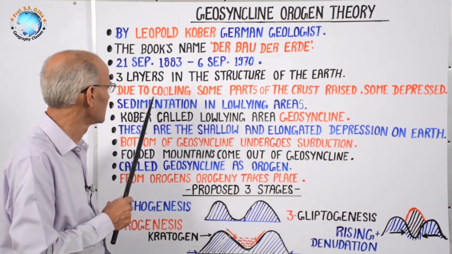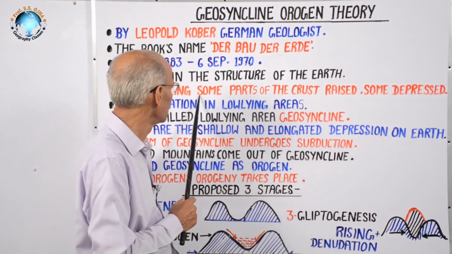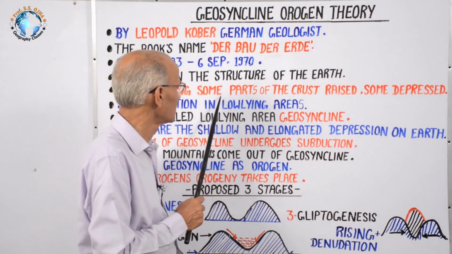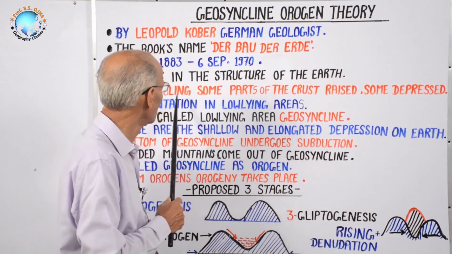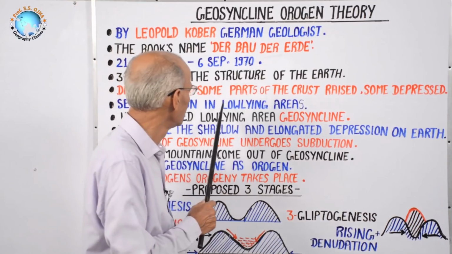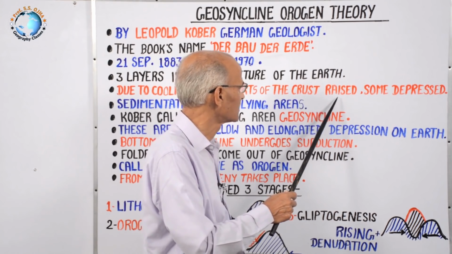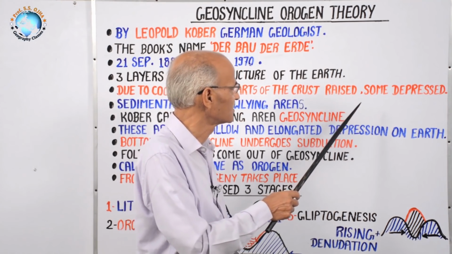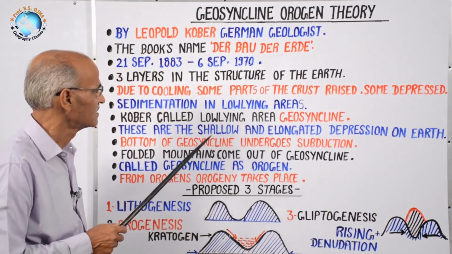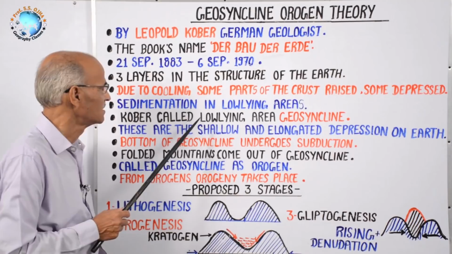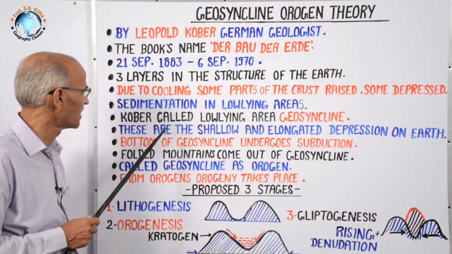He supposed that due to the cooling process, because in the beginning the earth was very hot and in a gaseous state, slowly its outer layer cooled down, and due to that cooling the upper part of the crust, or Sial, shrank somewhere, and due to that shrinking some part was raised while some part was depressed,